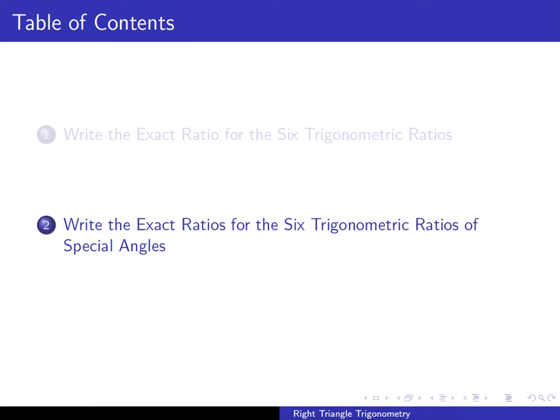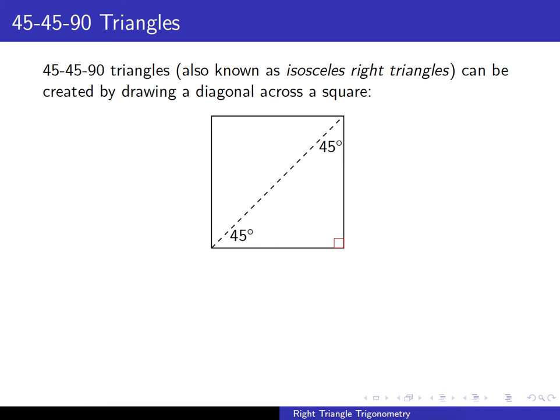Alright, in this video we're going to take a look at exact ratios for the 6 trig ratios for 45, 45, 90 triangles. And we'll take a look at 30, 60, 90 triangles in the next video. So 45, 45, 90 triangles are also known as isosceles right triangles, and they can be created by drawing a